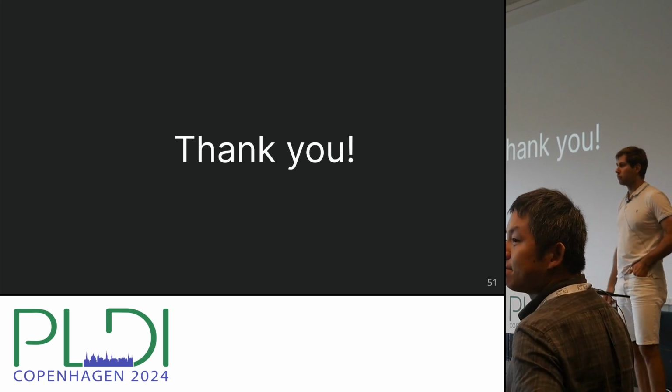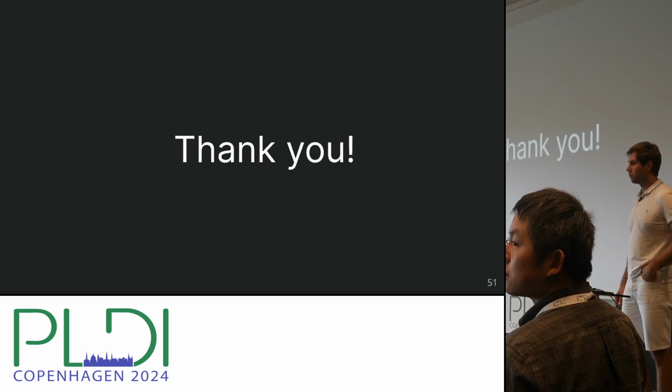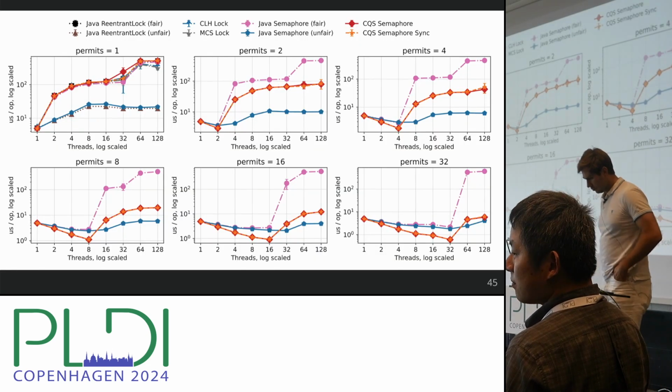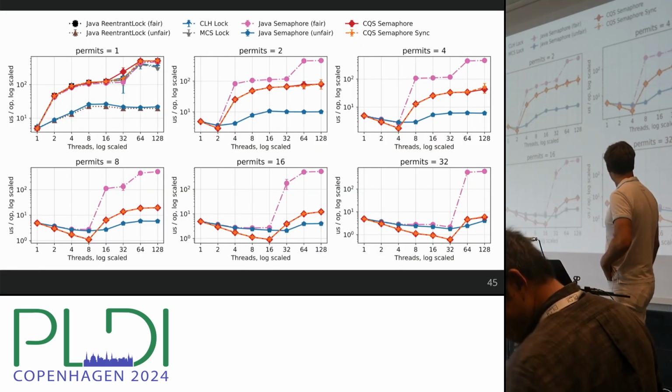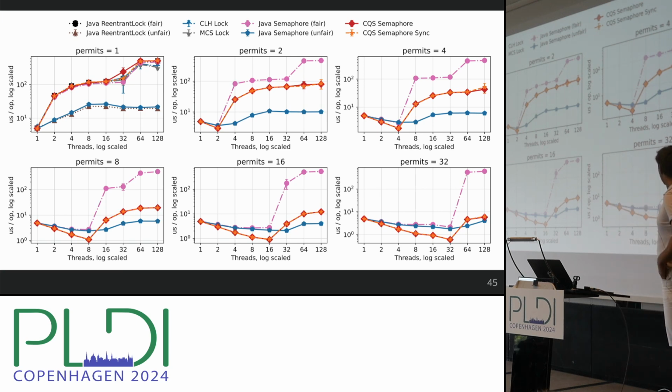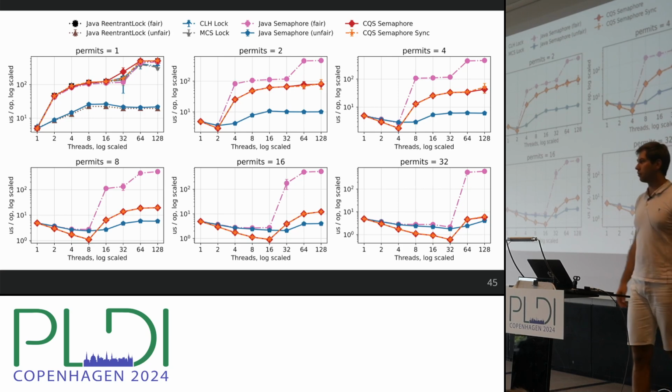Hi, thank you. Really good work and good talk. I enjoyed it. In your graph, something happened between 32 and 64 threads. Yeah, there's a big jump, or between 16 and 32. Is that due to the machine? You mean here? Yeah. What happened there? So here it's a semaphore. So when we parameterize it with 32 permits, and we have 32 threads overall, then we never suspend. And after that, we actually need to suspend periodically. Gotcha. That's why the performance degrades. Now I can see the same on all of it. Okay, thank you.